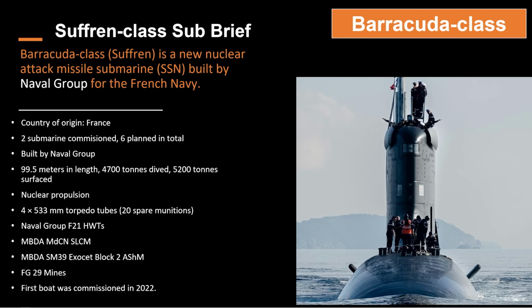That's the first thing we're going to take away from this lecture: this submarine literally has two names. It started out as the Barracuda and was that for decades, but when they built the first one and commissioned it after French Admiral Suffren, it officially became the Suffren-class. So you will hear this submarine referred to as either one of those two names. And that's just the beginning of the interesting things we're going to talk about with this new nuclear attack submarine